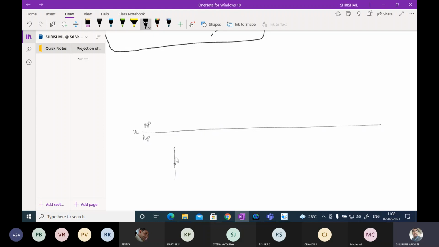Locate a point at an angle of 45 degrees. Draw this line at an angle of 45 degrees. Then after this, at an angle of 90 degrees, you take this line. Here also I have taken 45 degrees. Then join this. This will be 35 mm sides. All these sides will be 35 mm.